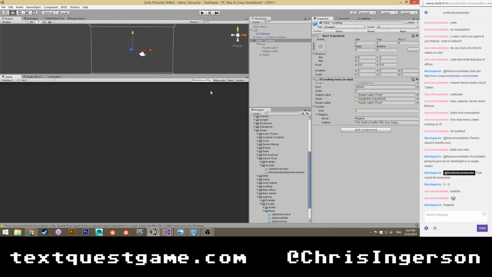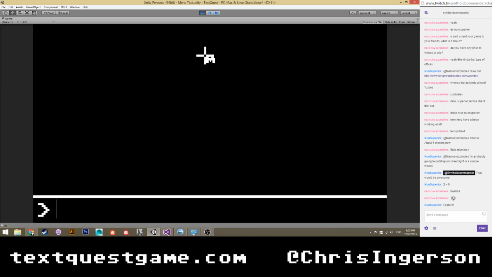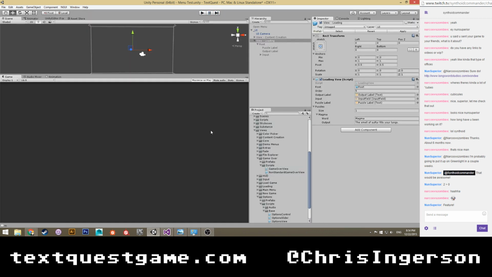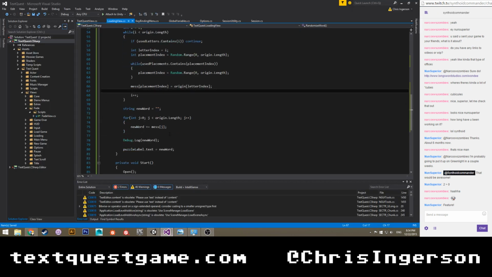Let me try running this real quick. I might have to just stick that in the while loop, which would suck, but I want to. That's so weird. Why am I only getting one letter? I'm getting one letter. That makes no sense.